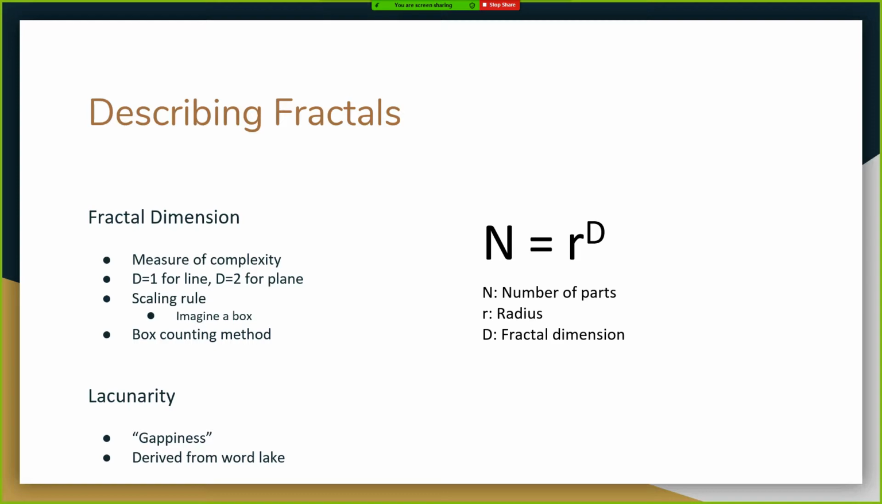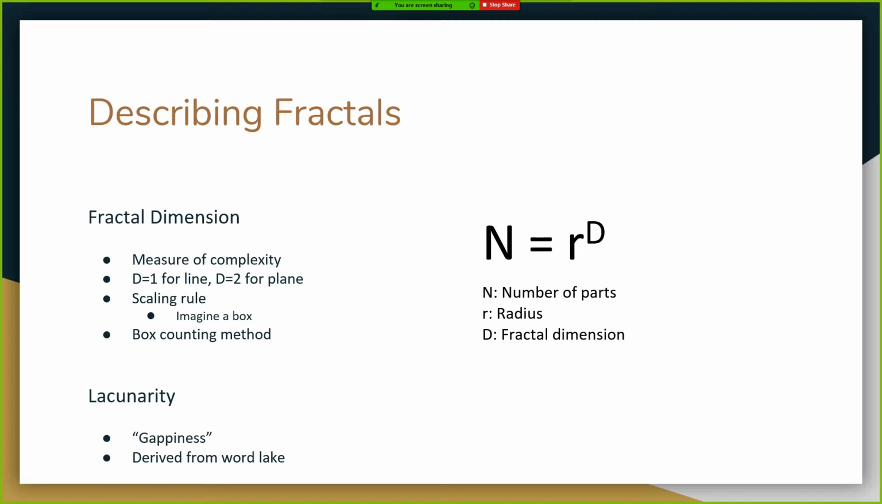So fractal dimension is a form of a scaling rule where n equals r to the d. The number of parts is equal to the radius to the fractal dimension, or dimension in general. So a better way to think about this is